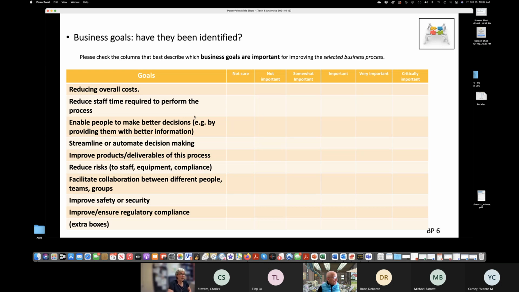then we could start with these different things and just see what is important for us, whether it's reducing the costs or reducing the staff time, better decisions, streamline or automate, improve, reduce risks, facilitate collaboration between different people. Again, it's not a survey, it's a framework, a structure for a discussion so that people can say, well, we have to meet this thing, we have to meet permit limits,